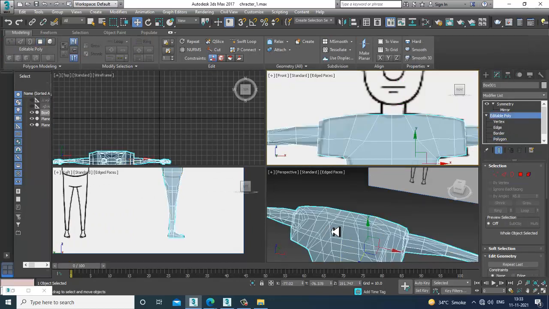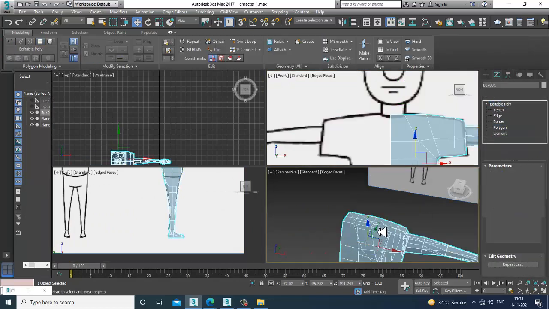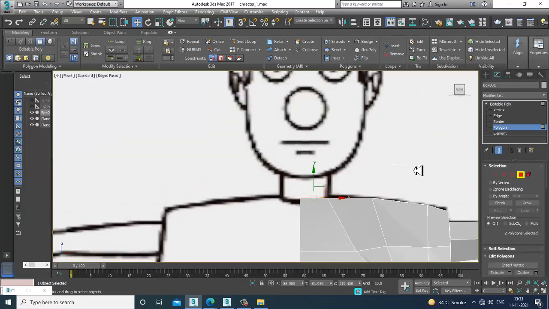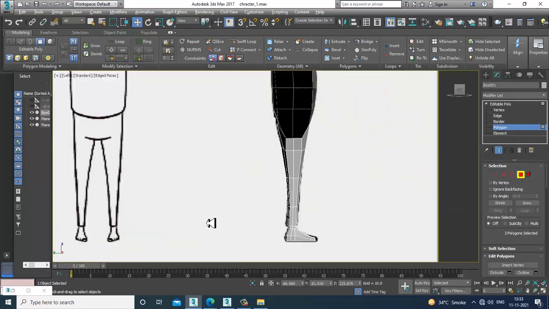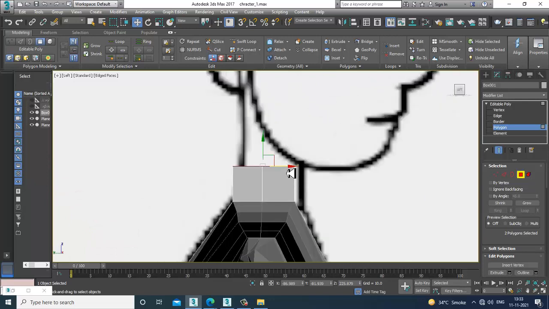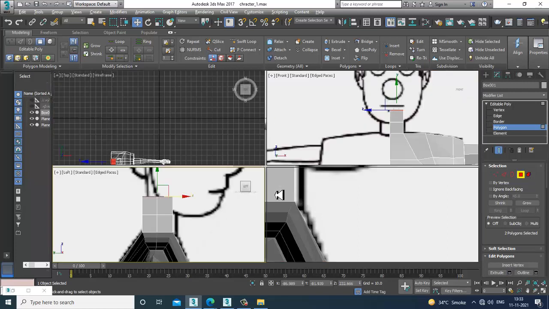Before that, I'll go into the symmetry and delete the symmetry modifier. I'll just extrude it. You can model the face from a different reference also, or you can model it right from here. So I can slightly extrude this up again.